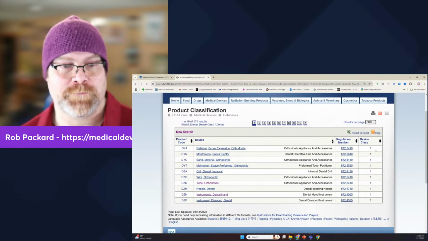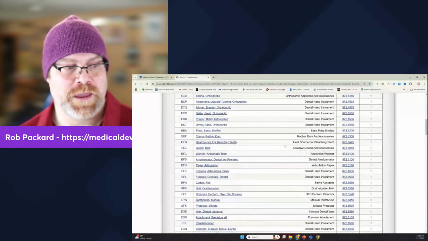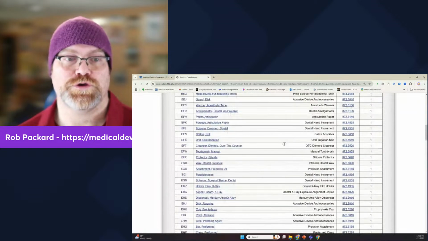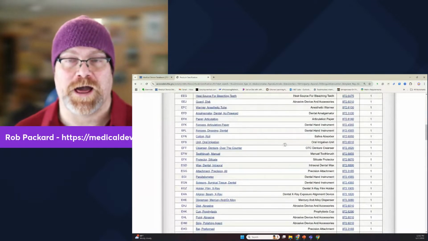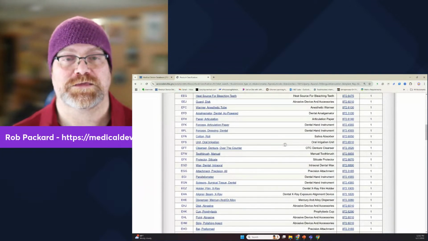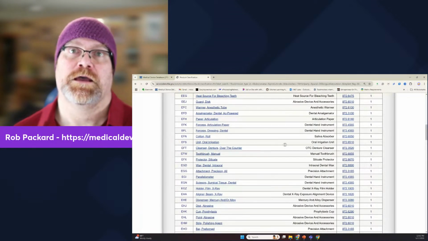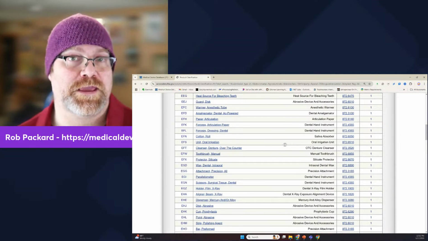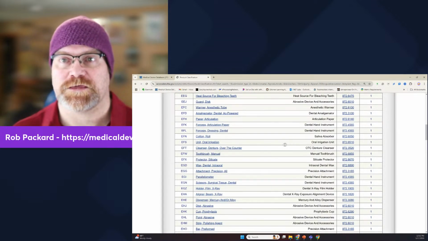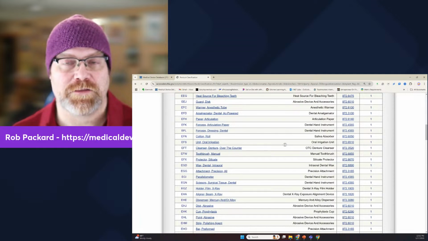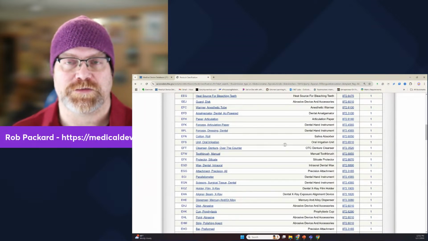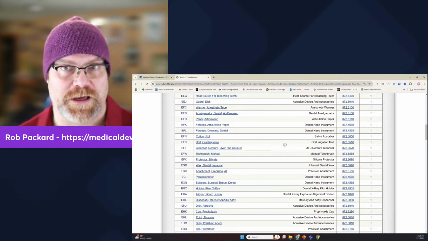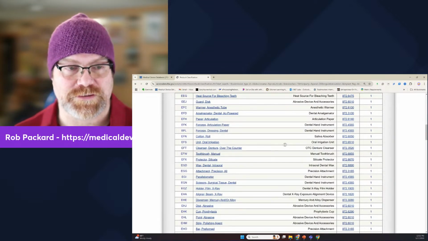If I want to look at all of them, I can actually look at all of them, and I can manually go down the list and try to find what I'm looking for. So if you're looking at a more novel type of device, and you know that it's going to be in a specific panel of review, like, okay, this is a general hospital item, or this is an IVD product. Maybe it's for hematology, or maybe this is for urology. If you know the panel that's likely, that review panel that's going to look at it, and you know whether it's going to be a class 1 or a class 2 device based on the technological characteristics of your device,